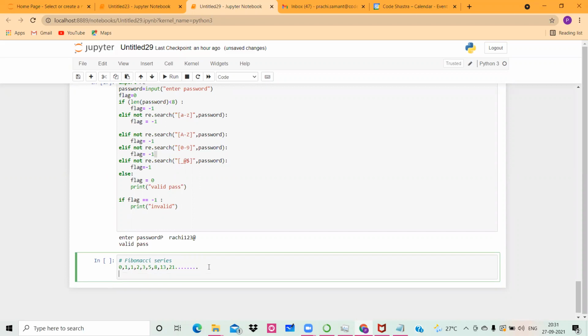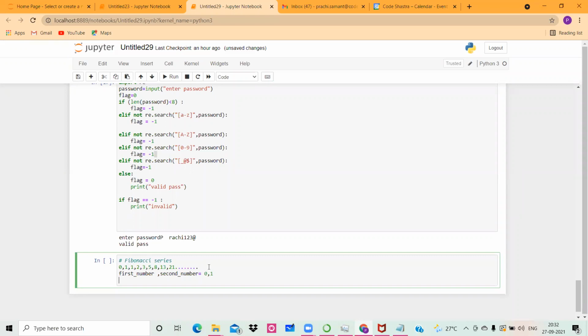Okay, so if we want to generate something like this, how do we do that? As we know, its first two numbers are constant, and that's why we'll say first number comma second number is equal to 0, 1.